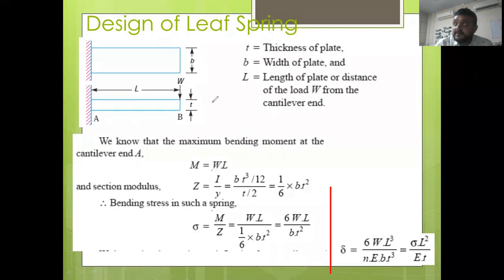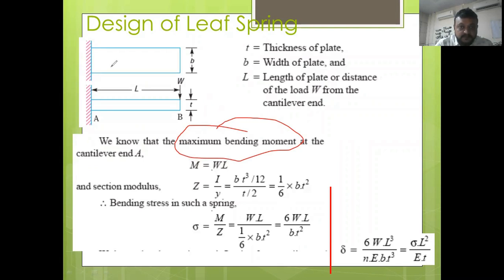तो leaf spring के लिए fundamental concept is what? It works or is designed under the bending moment, maximum bending moment. So it is under bending. So that is the idea on which leaf spring is to be designed. So before designing, we have to govern the fundamental equation of bending.